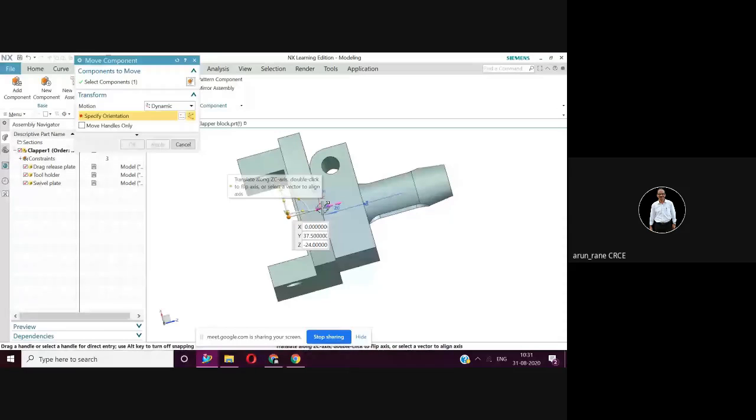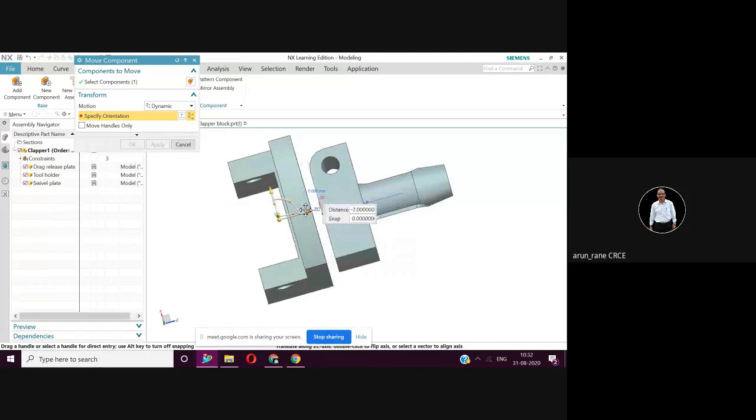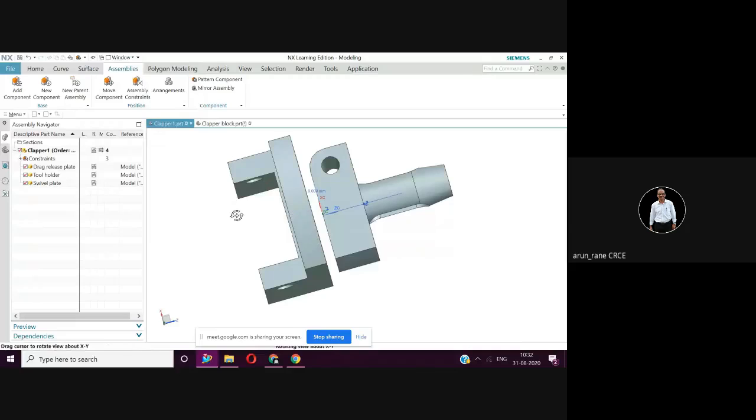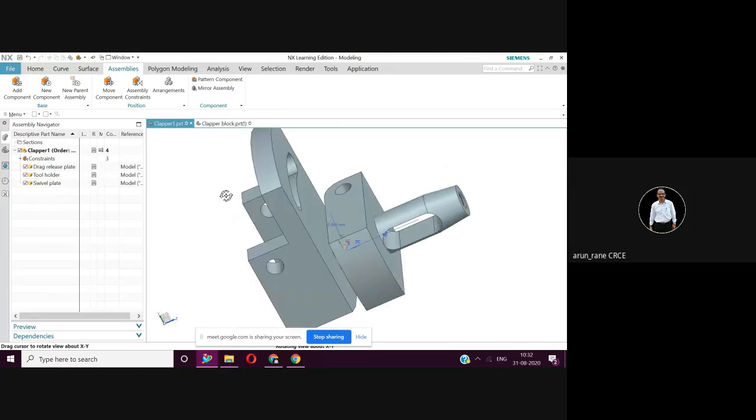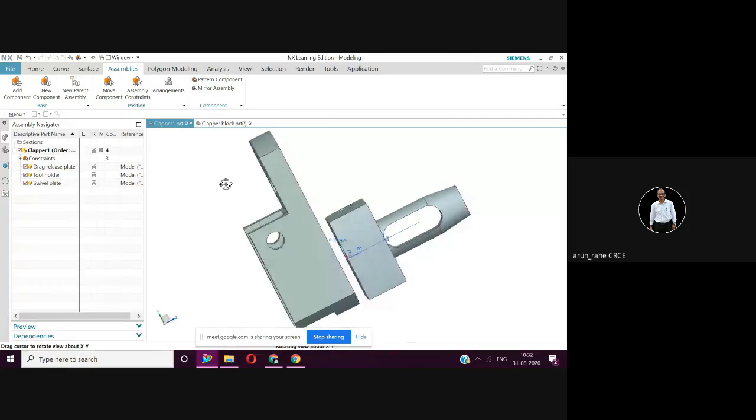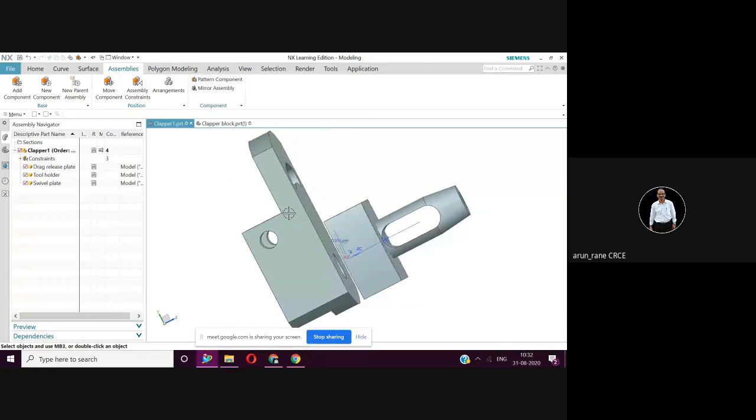Moment you place your cursor, you get purple color. So you keep your mouse there and move little down. Don't keep much gap. Just create a slight gap and say okay. Now you rotate. Now you see how do you want your component to move. Now this has to go inside this. So that means I have to rotate this. So let me rotate that.